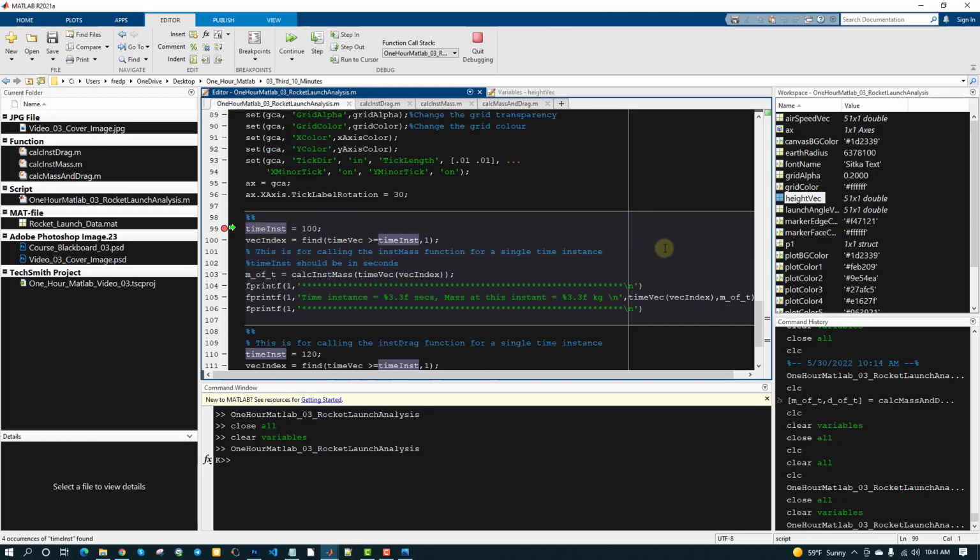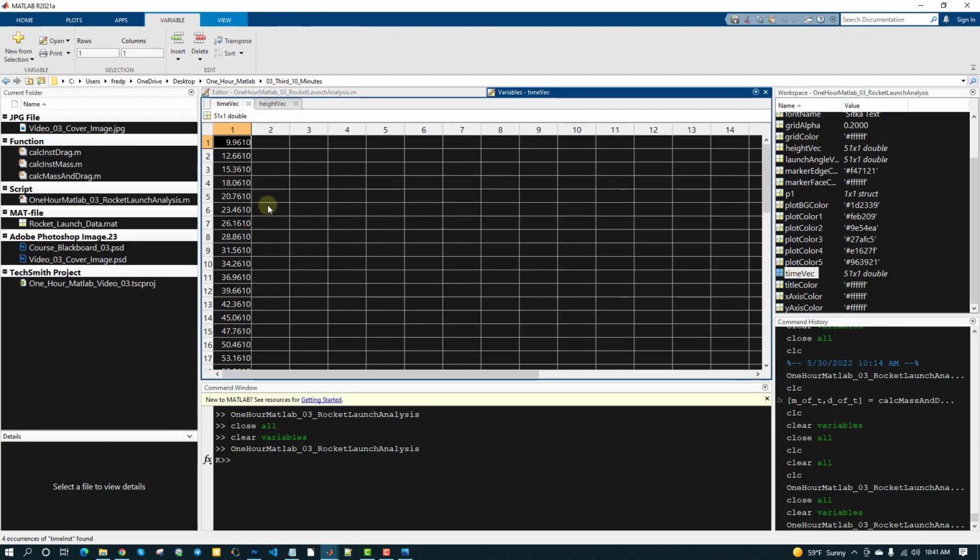Your optimization group is telling you to find the instantaneous mass of the rocket at time instant equals 100, and we want to see whether we have data for the exact time instant 100. If you go to the time vector, we don't have data for exactly 100 seconds, but somewhere close,